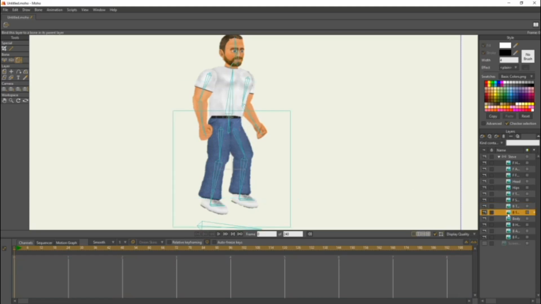Make sure it's highlighted to the one that you're selecting. The body should be this middle bone here. Back hand, this one. Back arm and back forearm. Okay, so now that should be done.